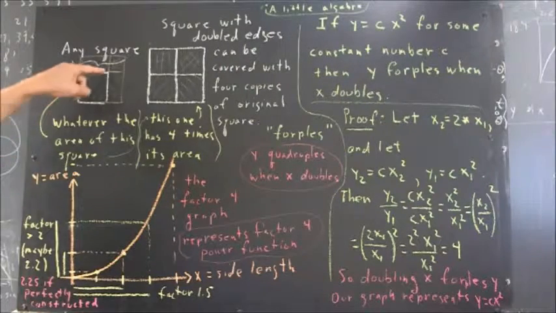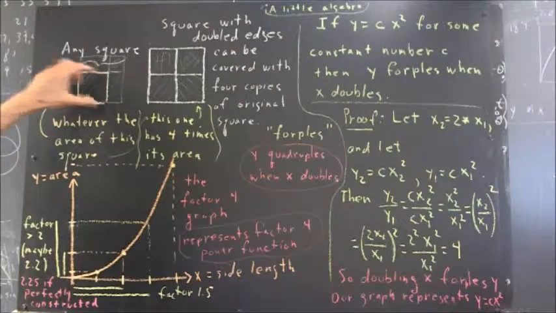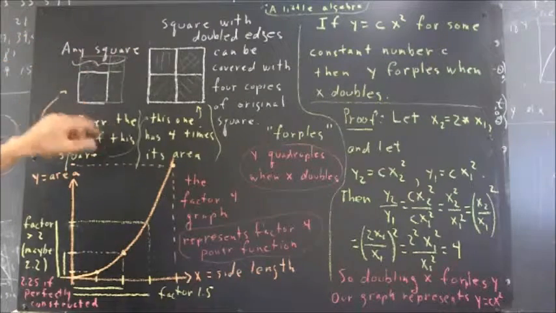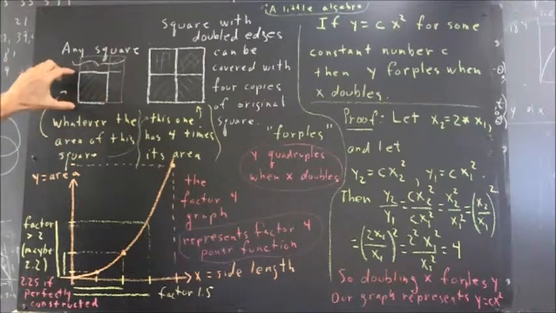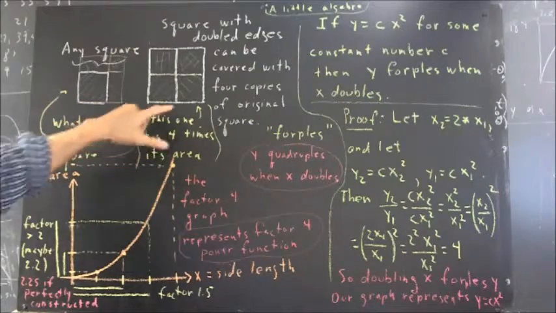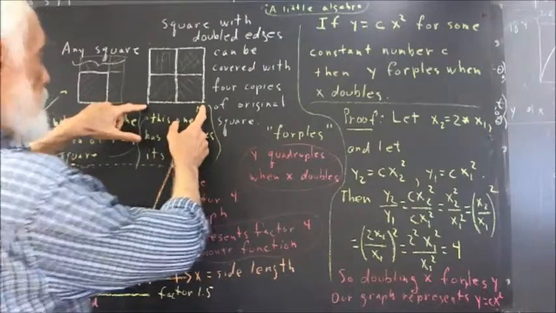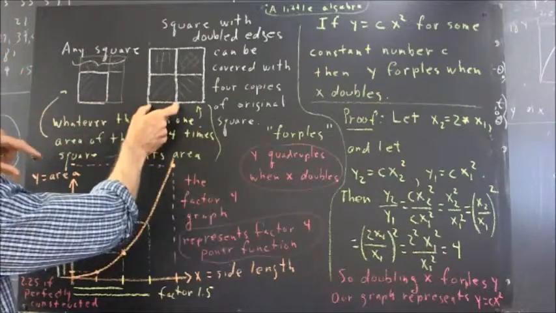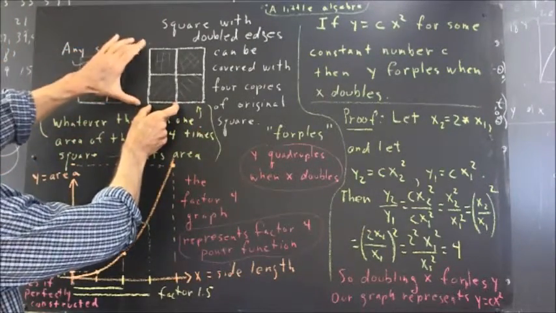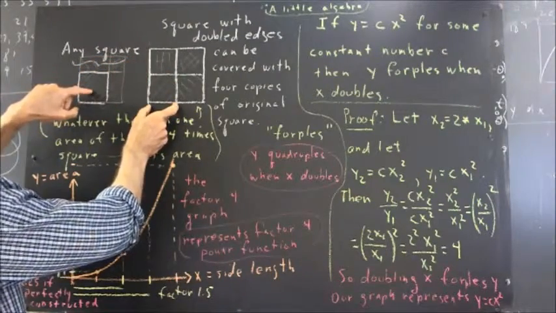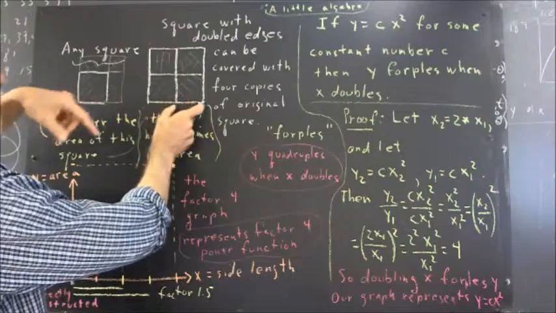Okay, this represents any square, just this square, not the additional yellow shaded regions, just this square. If I double the edge length of this square, I get another square, and since the edge length is doubled, if I cut that in half this way and cut it in half this way, I can construct a square the same size as the original, and then I can, of course, construct